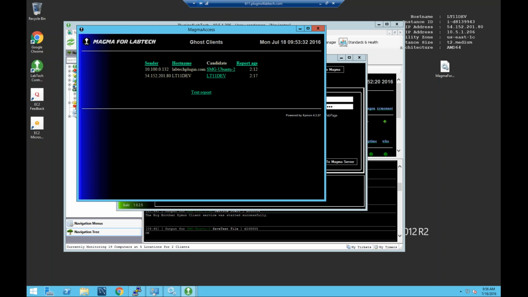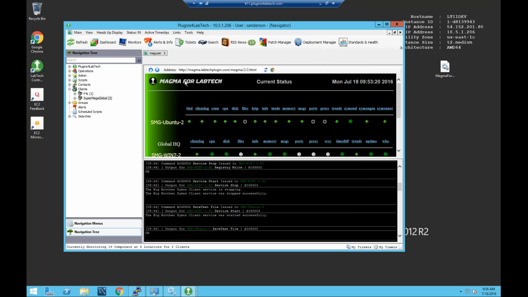Data just isn't accepted automatically. It has to have a matching candidate for that data to be accepted, and the matching candidate is matched by name. So you'll notice that this one here sees this LTDev 11, sees this candidate name,